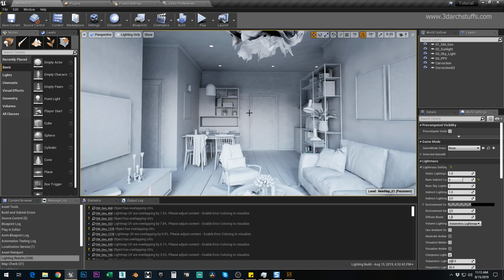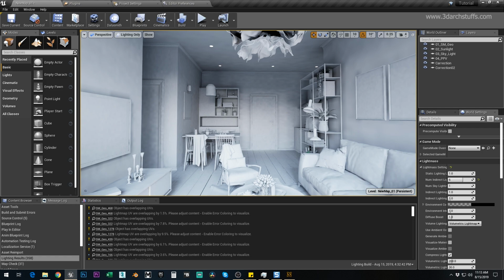So I will recommend you all that do not use CPU Lightmass. If you can use GPU Lightmass, if you cannot use GPU Lightmass, you don't have the hardware, then obviously you can go for the CPU Lightmass. But I will recommend everyone using Unreal Engine to use GPU Lightmass rather than using CPU Lightmass. So for that